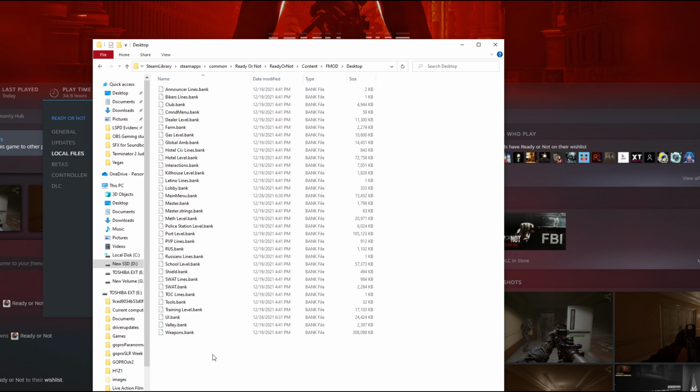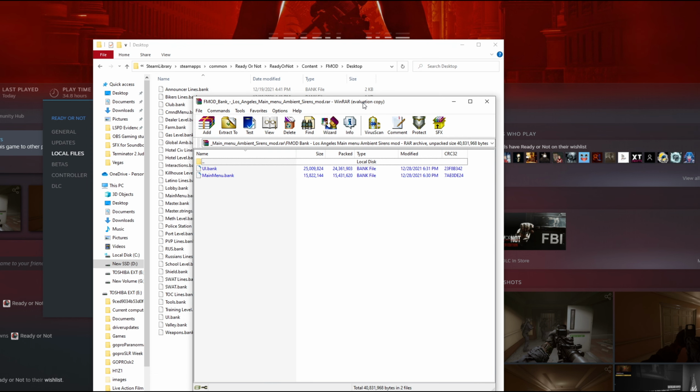And all of these files here are going to be different types of sound files. What you're going to do is back up the main sound files just in case. This is what I did. I made a folder on my desktop and I went ahead and removed these files that I'm about to tell you. So if we pull up that WinRAR folder that we just had open from the downloaded mods